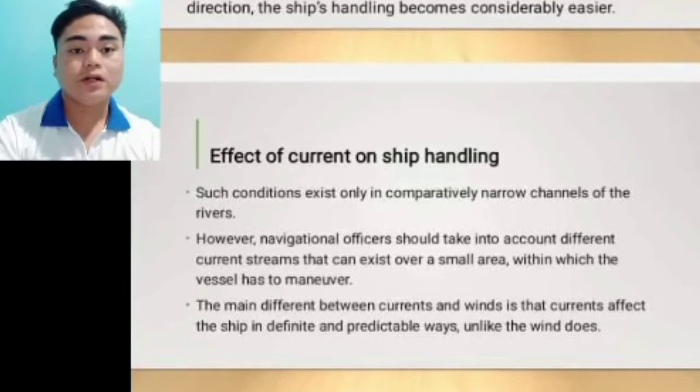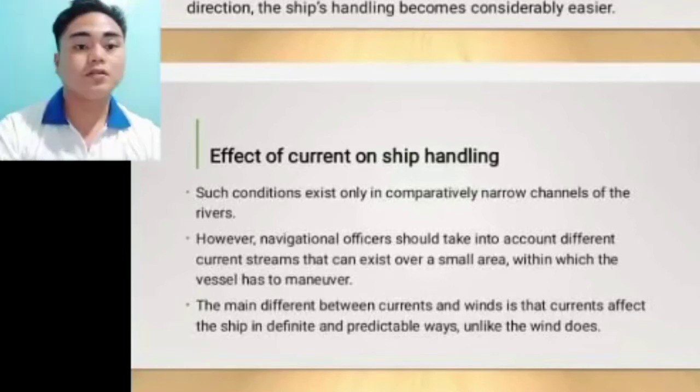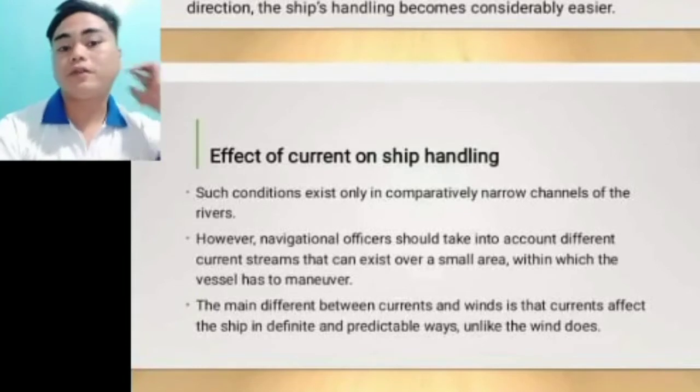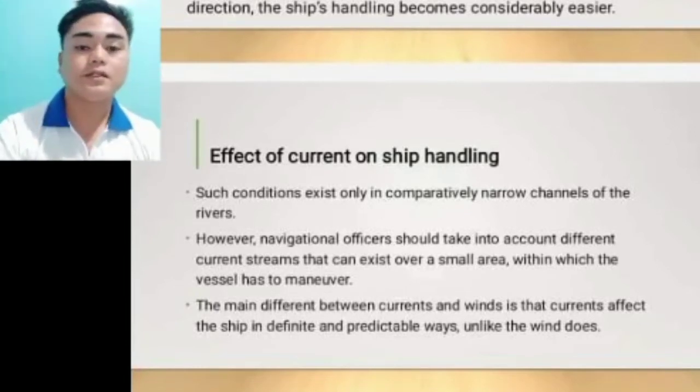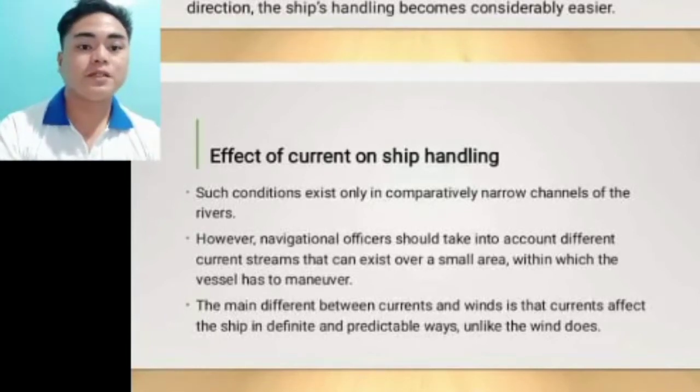Second is, however, navigational officers should take into account different current streams that can exist over a small area within which the vessel has to maneuver. Next is the main difference between currents and winds, in that current affects the ship in defined predictable ways